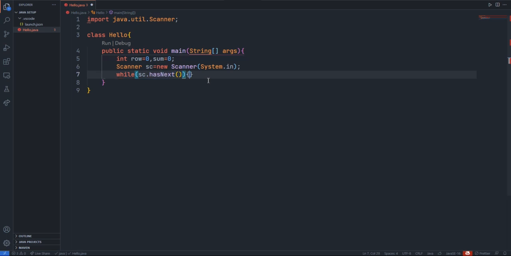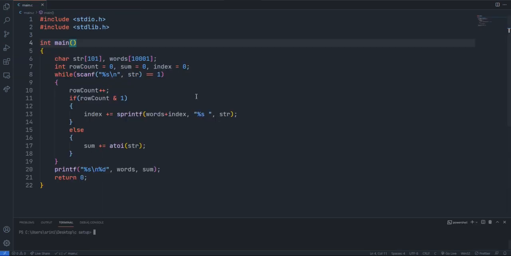Most of the time you have seen that they are using nextLine, which will check for the next line. But since they are using C, which is nothing but the mother language, the %s will handle a single word from n number of words, or a single letter.